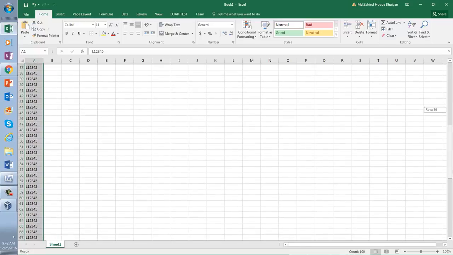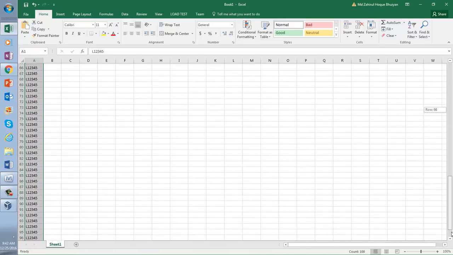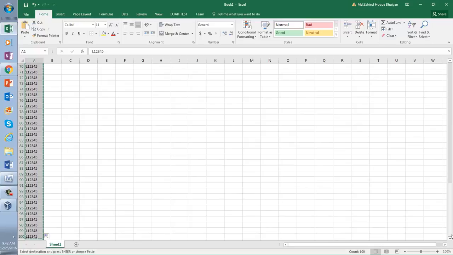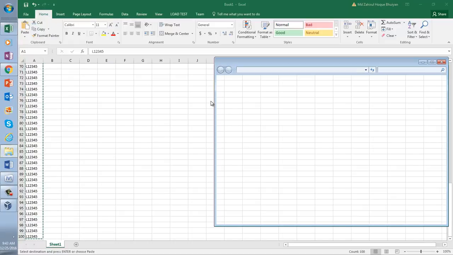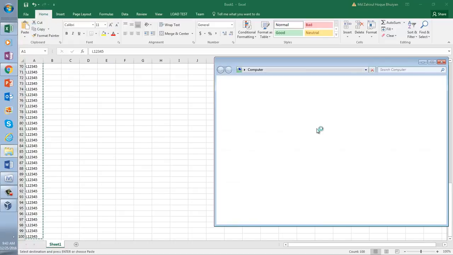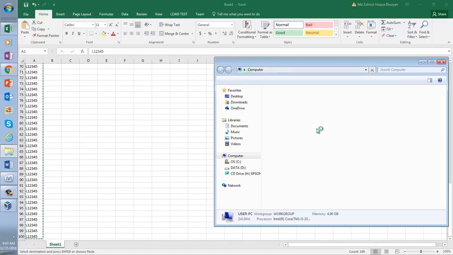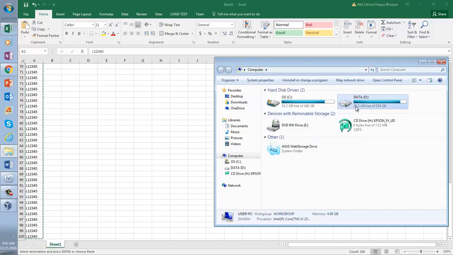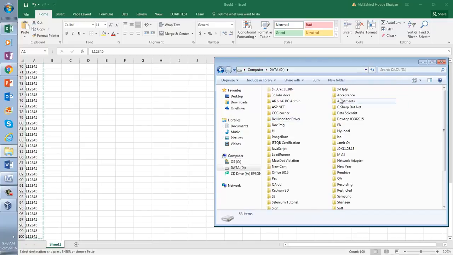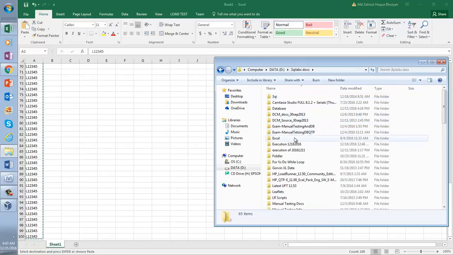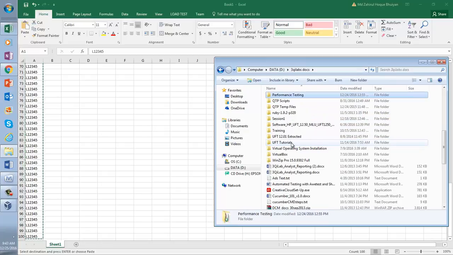Now I'm going to copy this password and then I'm going to go to my computer in the shared drive, performance testing.